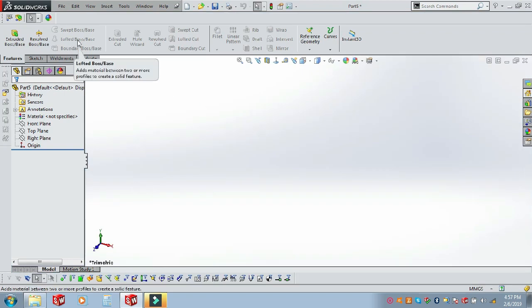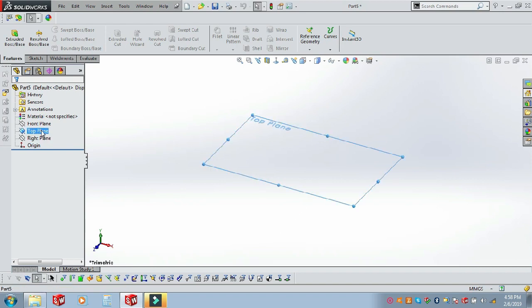Lofted Boss. By Lofted Boss, we can add material between two or more profiles to create a solid feature. So first of all, we will create a profile. For creating any profile, we have to create a plane first. So I will create a plane, select this plane,